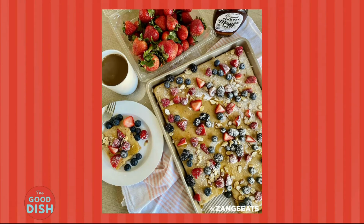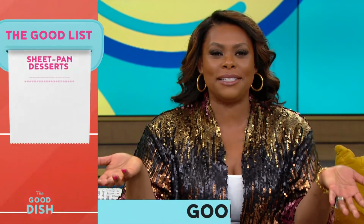Line a sheet pan with parchment paper, then pour your batter and bake for about 15 minutes. You literally don't have to adjust the recipe at all. Then you just take a cookie cutter or a pizza cutter and you get a ton of pancakes. Just like that. Sheet pancakes. It is literal sheet pancake. Awesome. All right, now I want pancakes, but I can't have them because now it is time for the